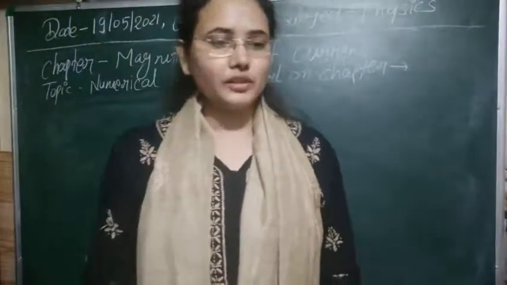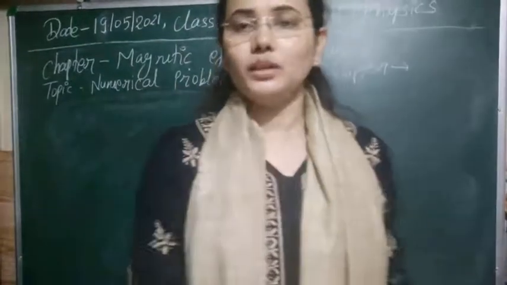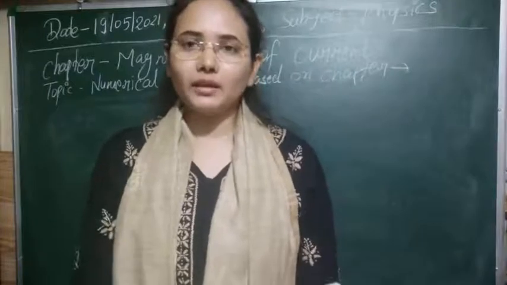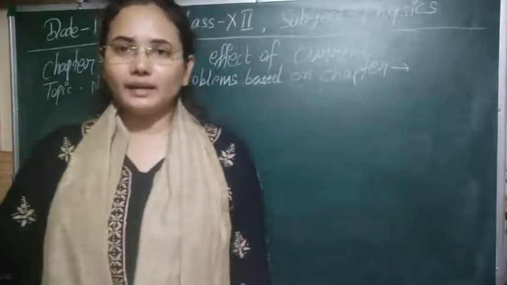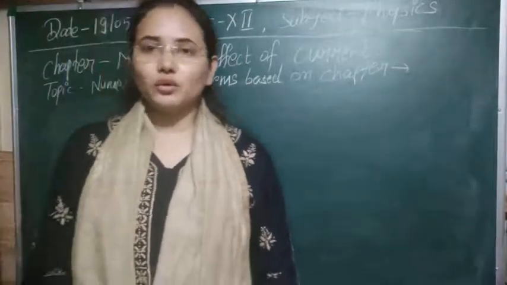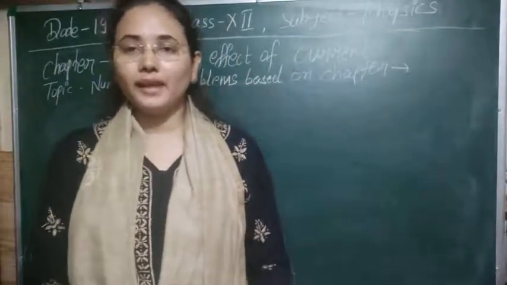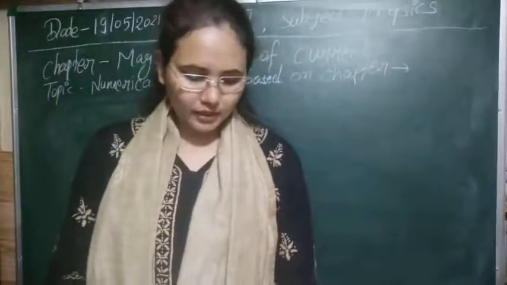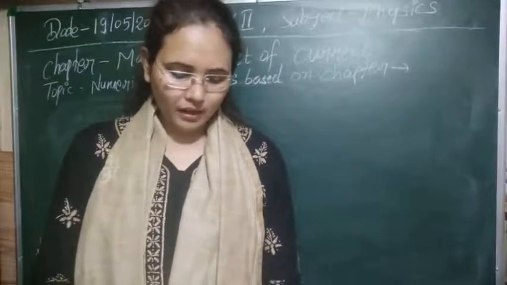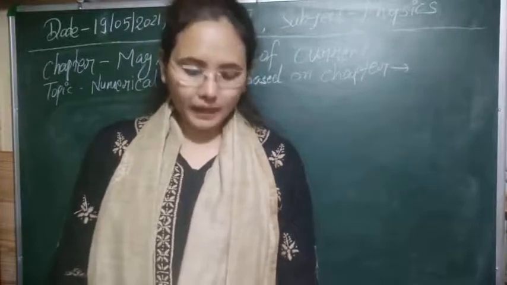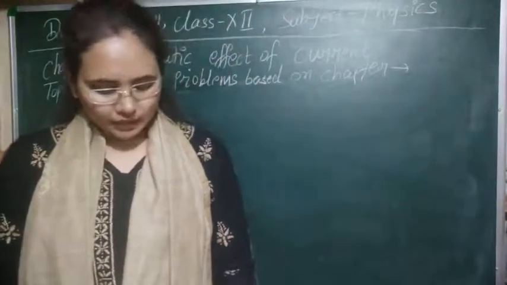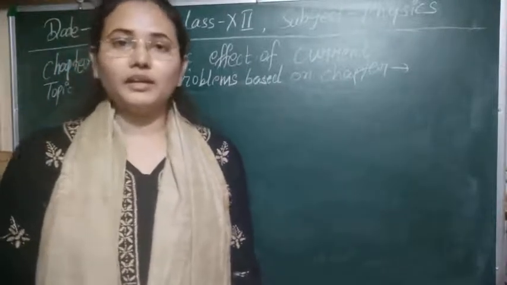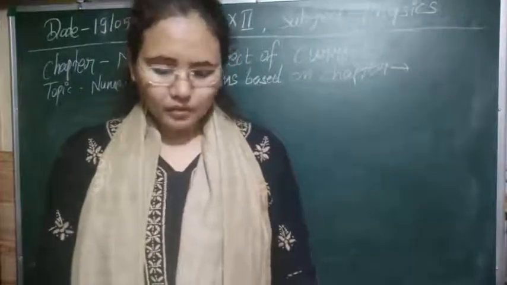Now let's see the next question, related to the topic we have discussed: the trajectory of a charged particle whenever it enters a magnetic field, and as we have seen, it moves on a linear path or circular path, or somewhere it does helical motion. Here the question is: a proton, a deuteron and an alpha particle having the same kinetic energy are allowed to pass through a uniform magnetic field perpendicular to their direction of motion. Compare the radii of their circular paths.